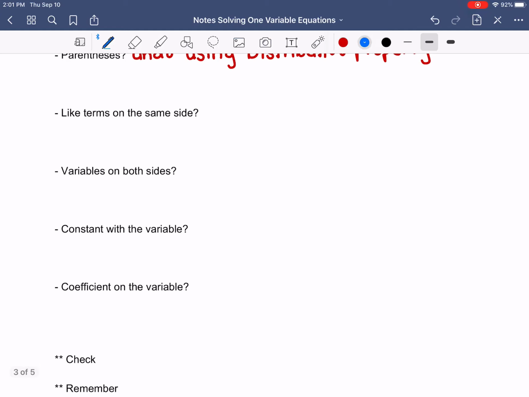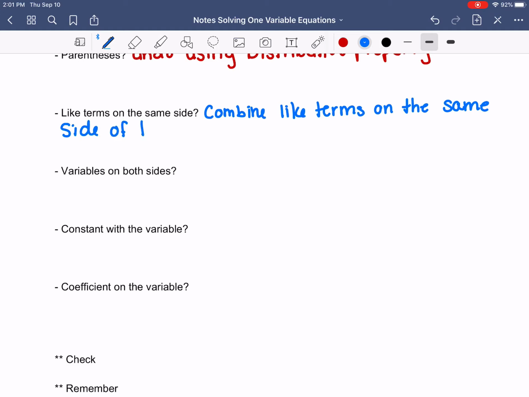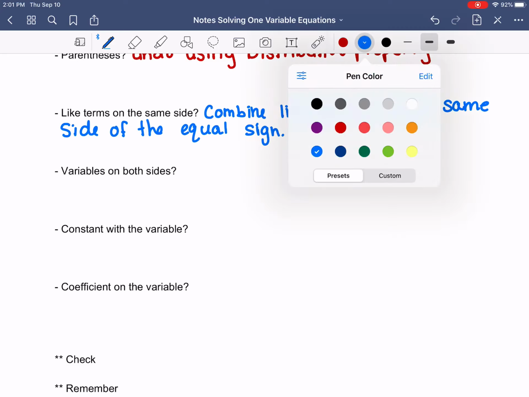Okay, if you have like terms on the same side, and when I talk about sides, I'm talking about the equal sign, there's a left side of the equal sign and a right side of the equal sign, if you have like terms on the same side, you want to go ahead and combine those. All right, then from there,